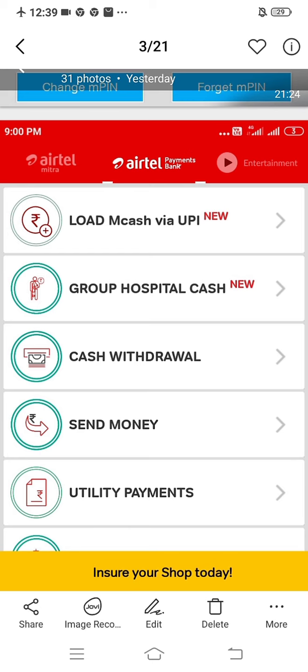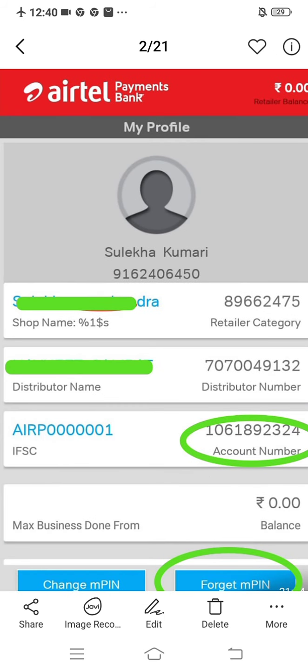You may be surprised not to find options like AEPS and account opening at the initial stage, because they may appear after 2 or 3 days. They will be added later once you are activated. Once you are working as an active retailer, after 2 or 3 days these options are going to be added with your LAPU number. Meanwhile, you can also make a